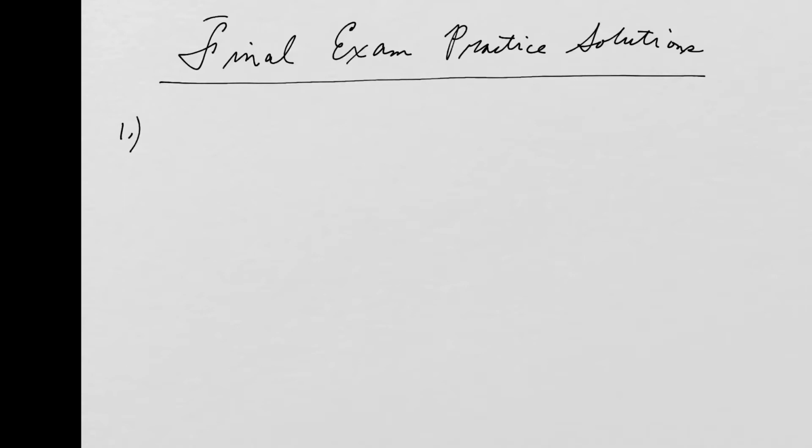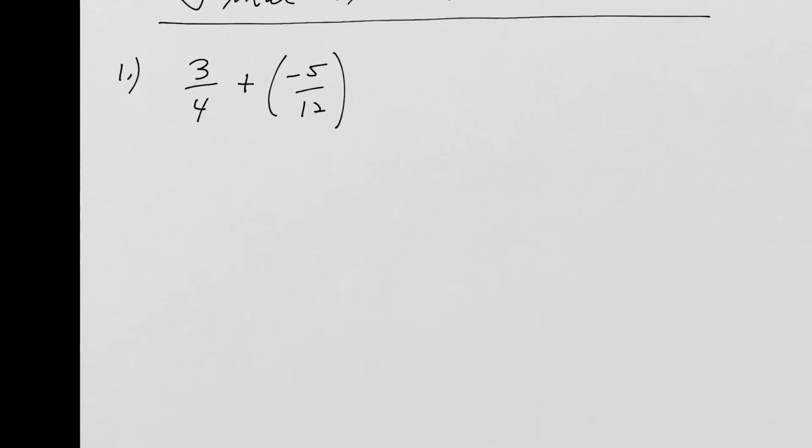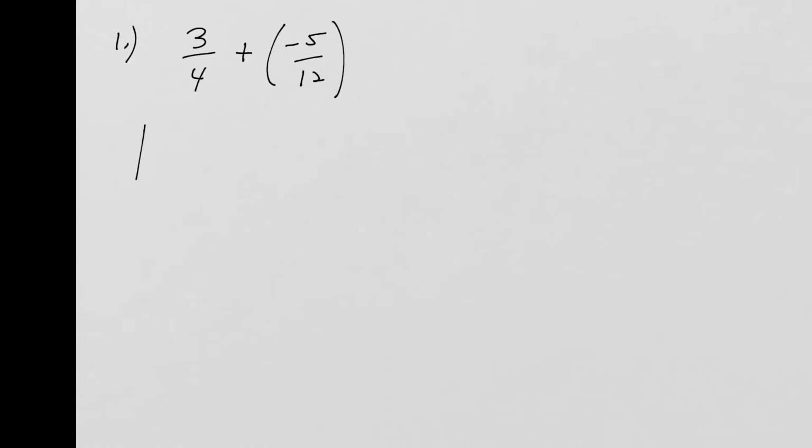they just wanted you to add fractions together. So 3/4 plus a negative 5/12. Remember, in order to add or subtract fractions, we have to have the same denominator. And I'm adding two numbers that have opposite signs, right? So remember the rules for adding two numbers with opposite signs. I take the absolute value of each number. So the absolute value of 3/4 is 3/4. The absolute value of negative 5/12